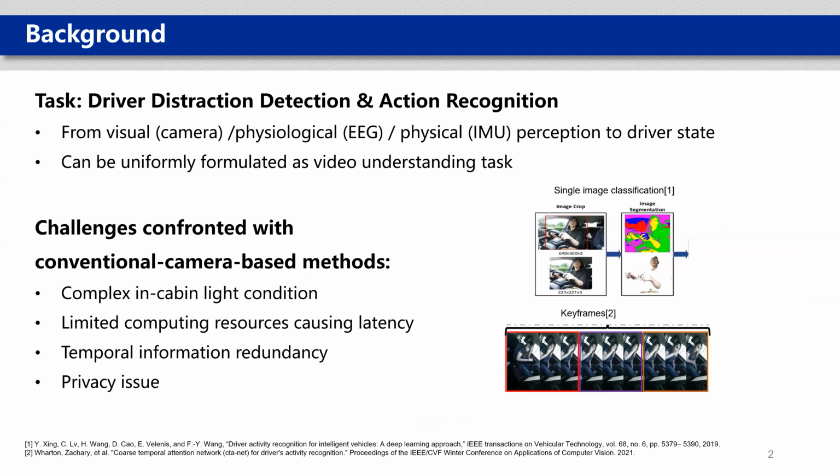So driver distraction detection is a very important task for road safety. Researchers have tried different approaches, including visual sensors, physiological sensors, or physical sensors. From the perspective of computer vision, the problem can be combined with action recognition and uniformly formulated as a video understanding task. However, despite the rapid growth of computer vision, conventional camera-based methods are confronting many challenges, including complex